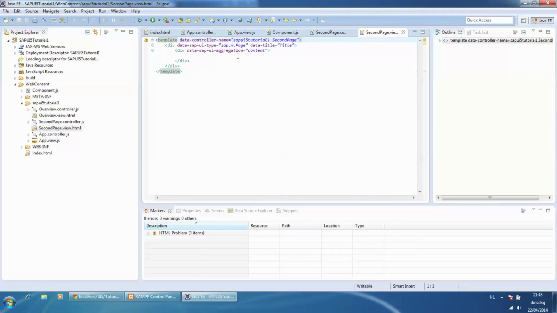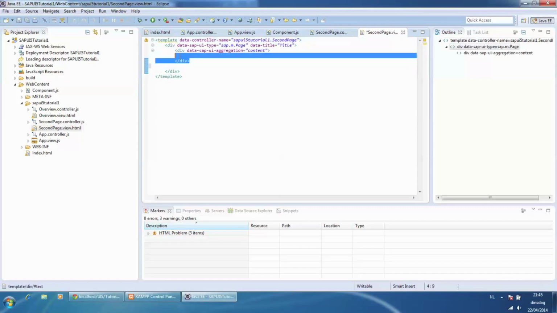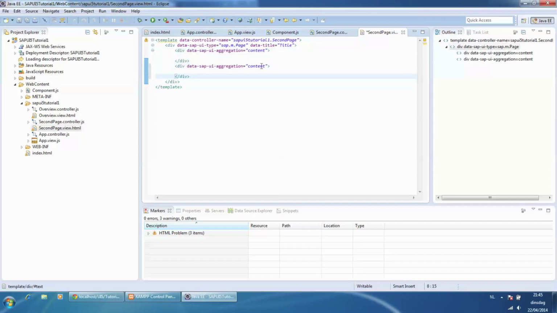In this view, we will add a back button and a label. We will add the back button in the header of the page.